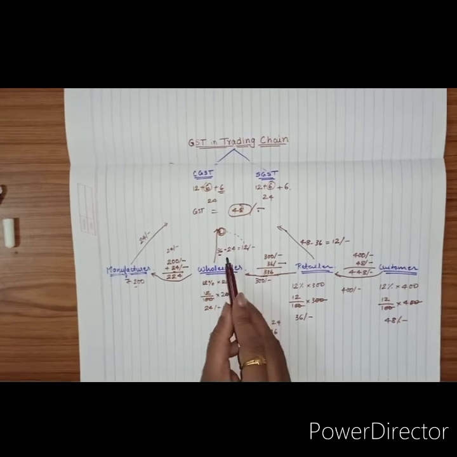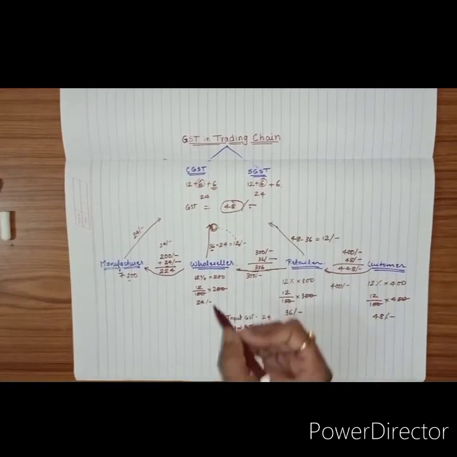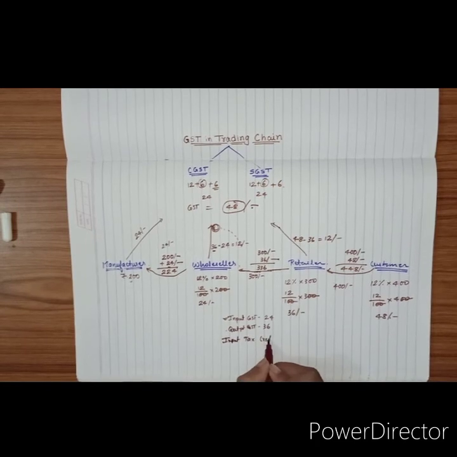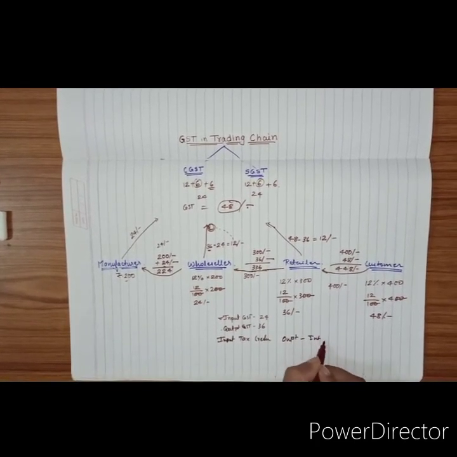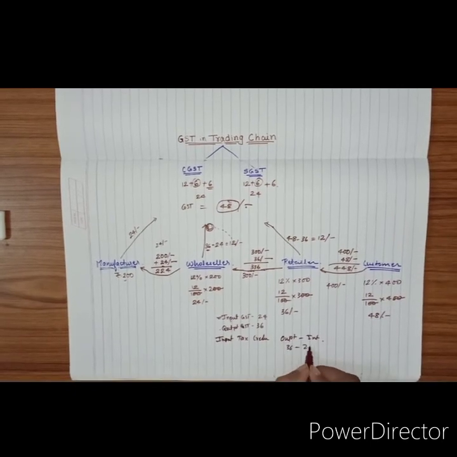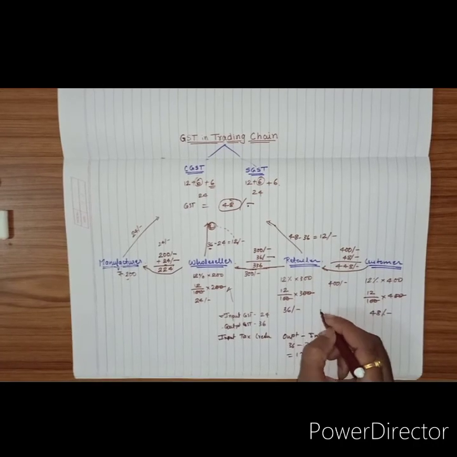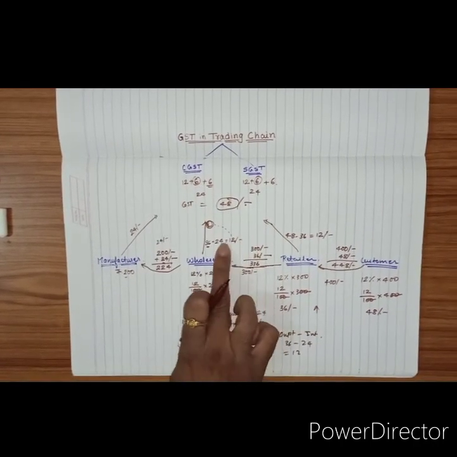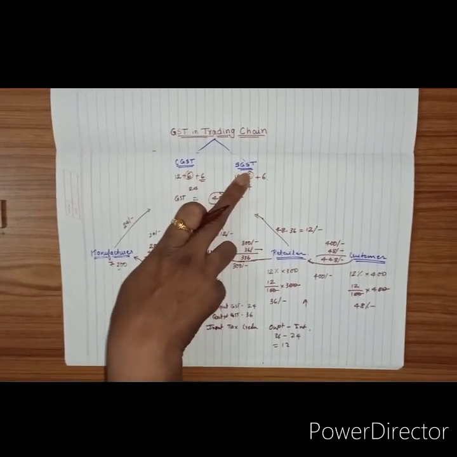So how do you get the actual GST then? The tax to be credited to the government, I'll write in short form, will be output minus input. So 36 minus 24, that is 12. This is what I have done for the wholesaler. Same way I did for the retailer, and that's why we got 6 out of this 12. 36 minus 24, that is 12. So 6 in CGST, 6 in SGST.